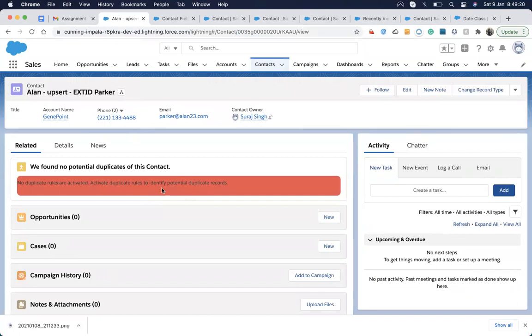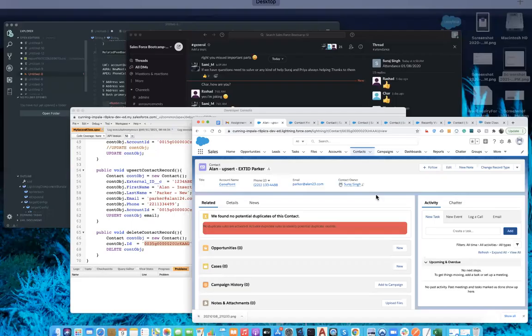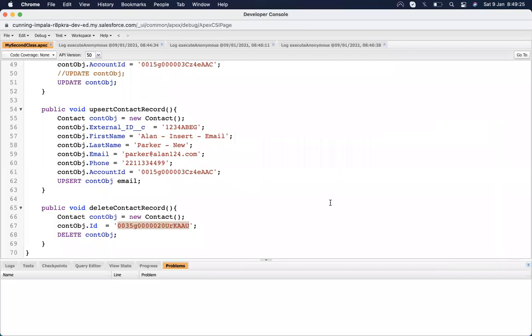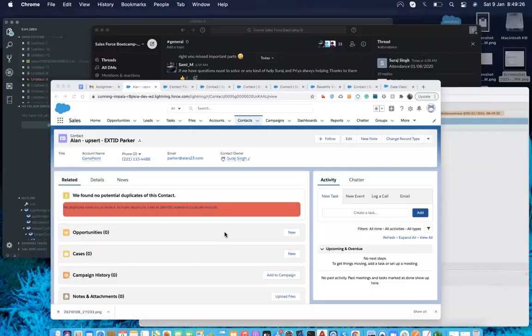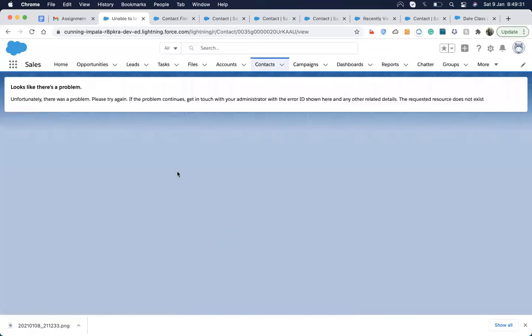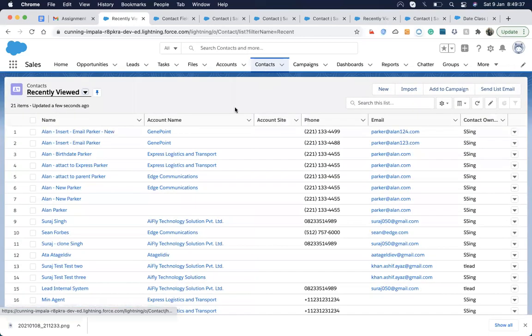Okay, this is the contact record, and it should be deleted once I execute this command. It's executed, and if I refresh, the record got deleted. It's throwing an error, but this record is deleted. You can't see that record anymore in the database.